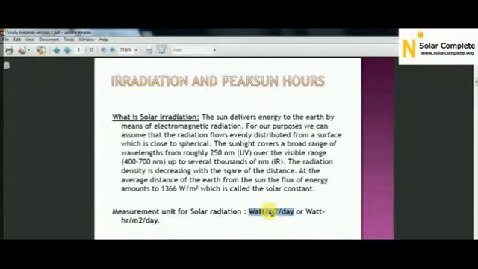Now how will you fix your pyranometer, that is a solar radiation sensor, on any part inside the area of the 100 meter square where your solar panel is installed? Your pyranometer will measure the solar power on 1 meter square area per day. Whatever value you get on 1 meter square, you can multiply by 100, because your solar panels are installed on an area of 100 meter square. So when you multiply this, you will get 1000 watt per meter square per day.